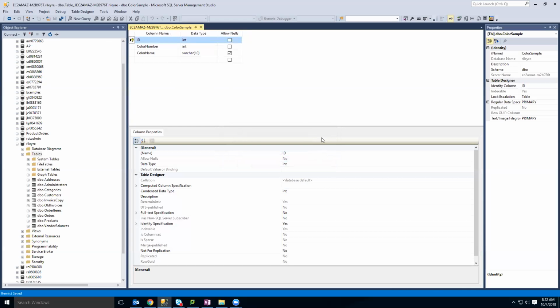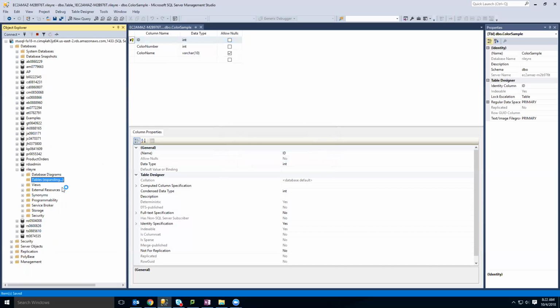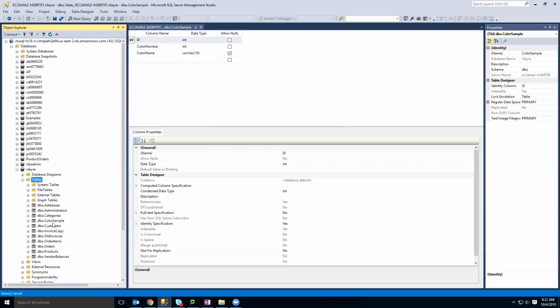So we have our color sample table. When you look over here on the left in your browser, you might have to refresh a couple of times to get it to show that table. Ooh, mine showed up right away. I love it when it works. You know, I'm looking at the PowerPoint. Let's create, oh wait, before we do that,